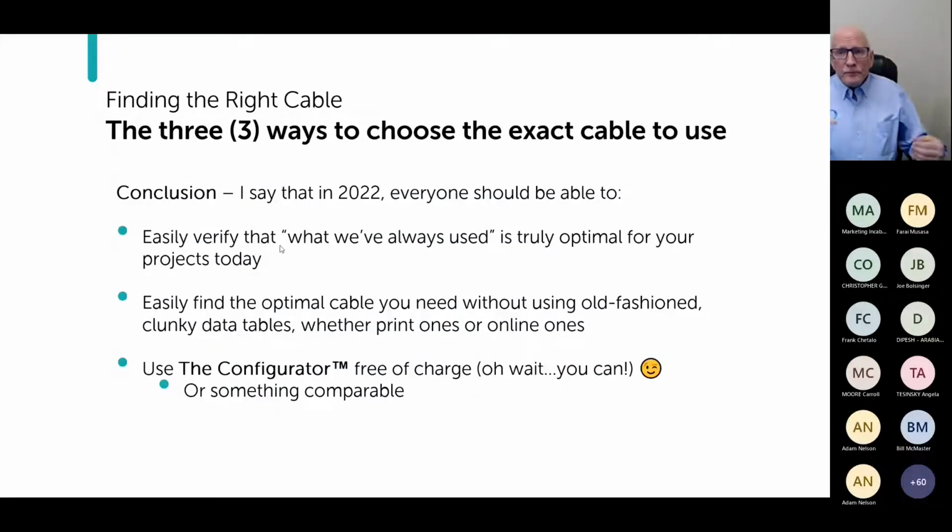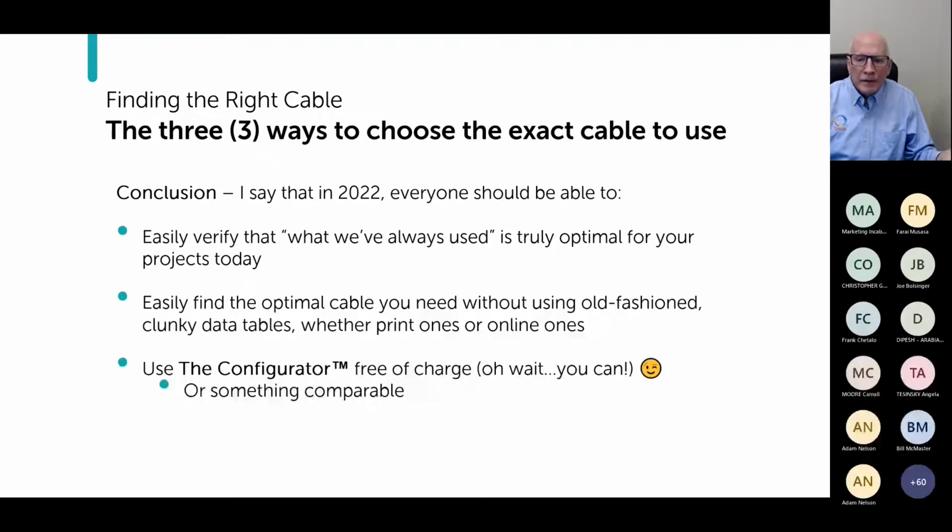So we talked about three ways of doing it. My conclusion is that in 2022, everyone should be able to easily verify that what you've already used is really optimal or near optimal for your projects today. If it's not, or if you're starting from fresh, you ought to easily be able to find the optimal cable